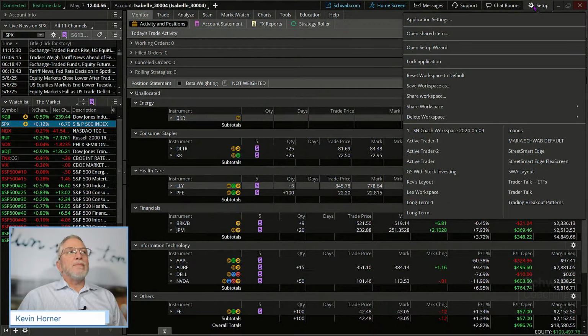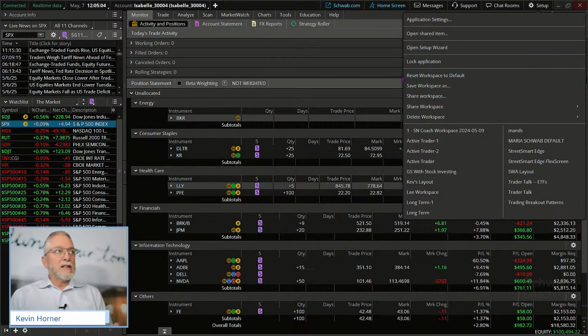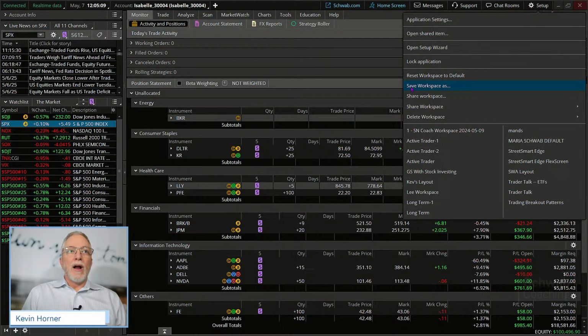But if you wanted to get back to your so-called factory settings, we can do that here with reset workspace to default. Now, the convenient thing, of course, is that you can save that workspace beforehand. So what it may make sense to do is exactly that: save workspace as, give it a title and an easy to locate name, and then you can reset to the default and start playing with things again to get a little bit better acquainted.